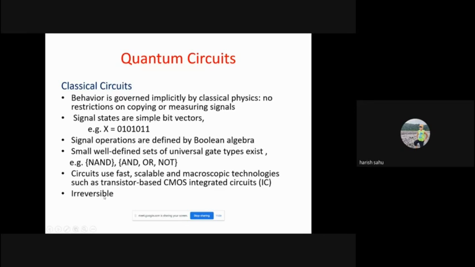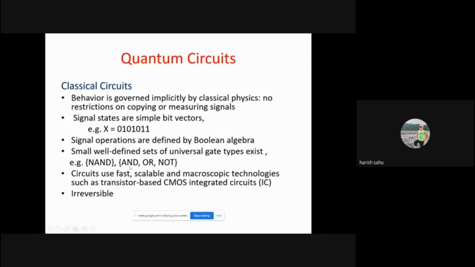And as we are aware, you must be aware, these classical gates or classical circuits are reversible or irreversible. So if I ask a question, this AND gate is reversible or irreversible? Participants, you all have attended a session on quantum gates already.